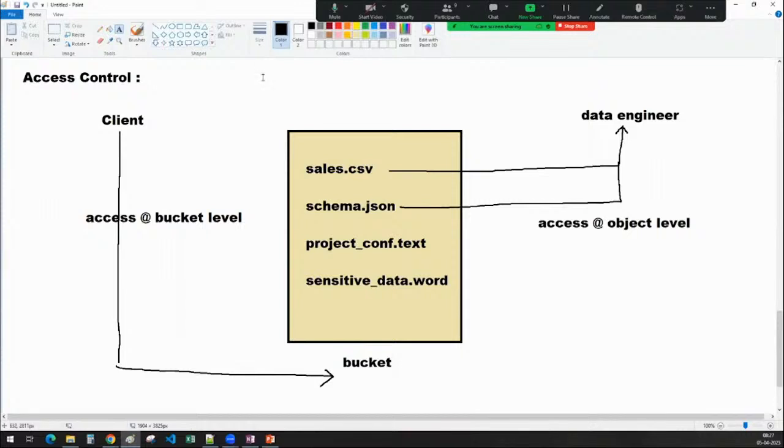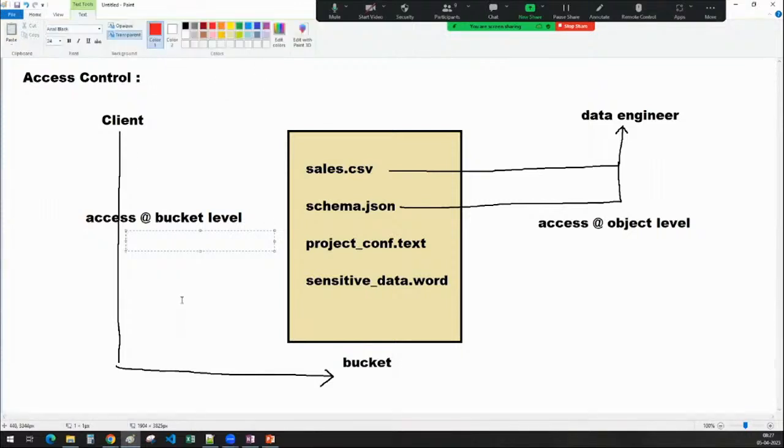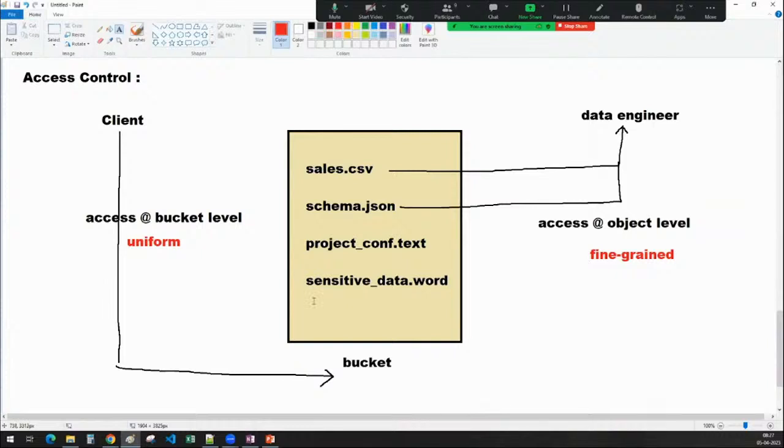In other terms, this is what access control is called: uniform and fine-grained. The name says it: uniform means uniform access to the entire files inside a bucket, which is nothing but access at a bucket level. Fine-grained means granular access to the specific objects inside a bucket. So this is nothing but access control, sir. Any questions? I have given two specific names, a client and